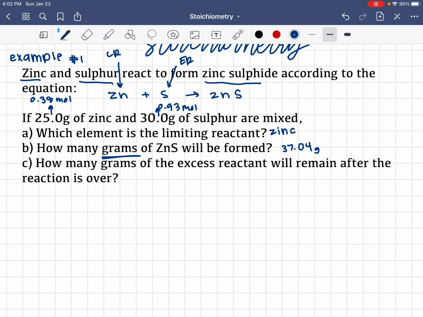How many grams of the excess reactant will remain after the reaction is over? Our excess reactant is sulfur. What they gave us is this, and then we found this, so that's how much they give us. To find the excess reactant, you take what they give you minus what the reaction actually uses. There's going to be excess because there's no more limiting reactant to make more product. So we're going to take 0.93